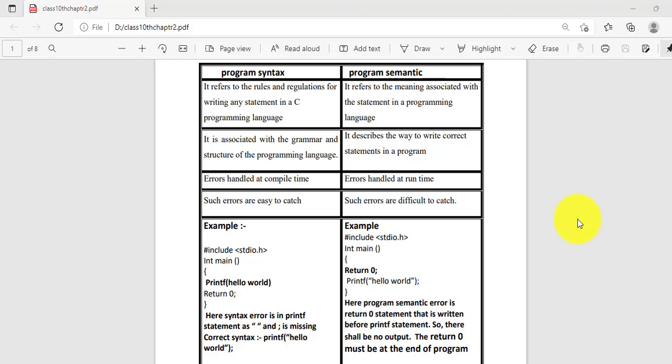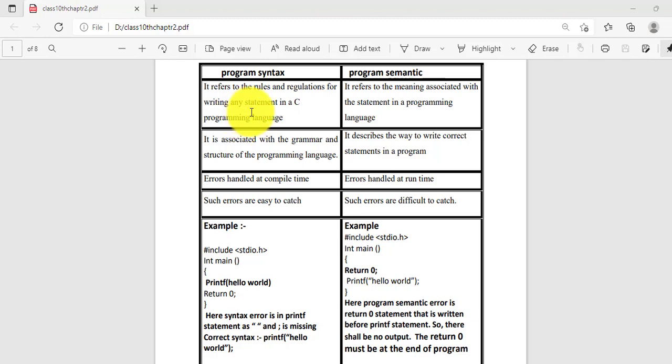In today's lecture, I shall be discussing program syntax and program semantics and the major differences between them. Program syntax basically refers to the rules and regulations to write any program, whether in C, Java, or C Sharp.